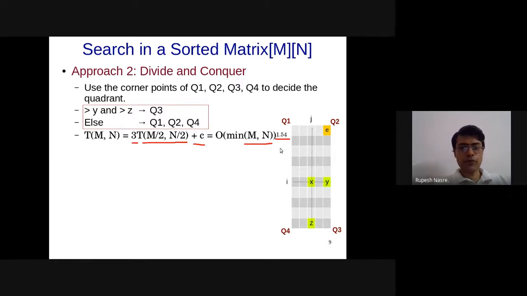Where is this 1.54 coming into the picture? Log 3 to the base 2. That's a good observation, Kashi Butler. So this is log 3 to the base 2, because every time we are searching in 3 quadrants at a time, in the worst case. So this is my algorithm, and I get a complexity which is better than the linear search. Any questions on this one?